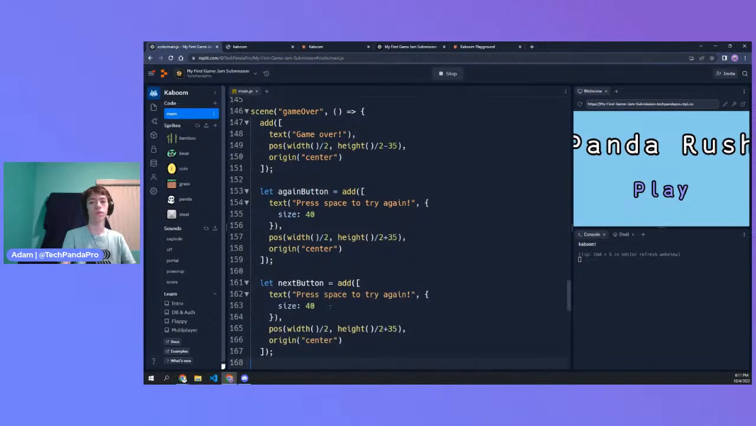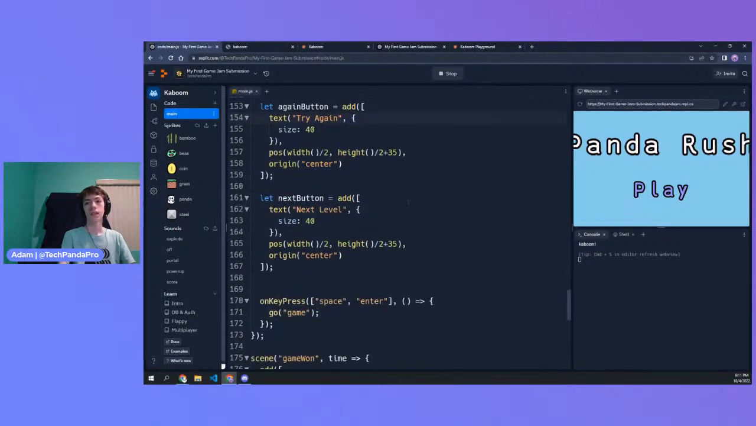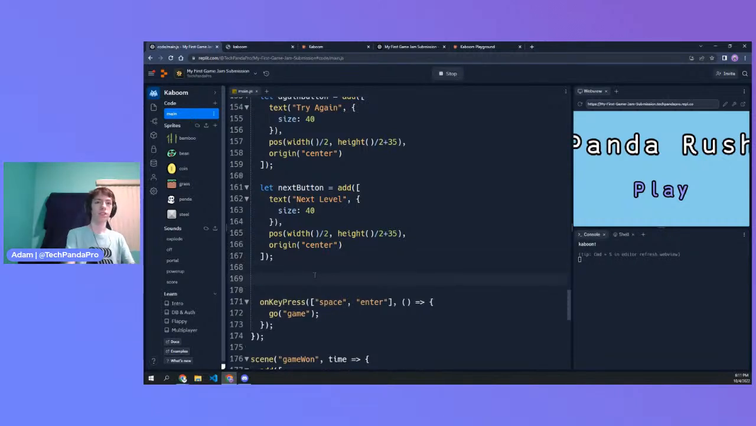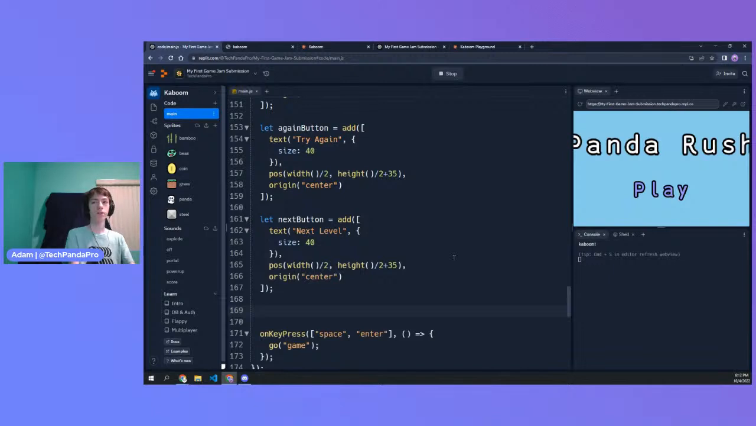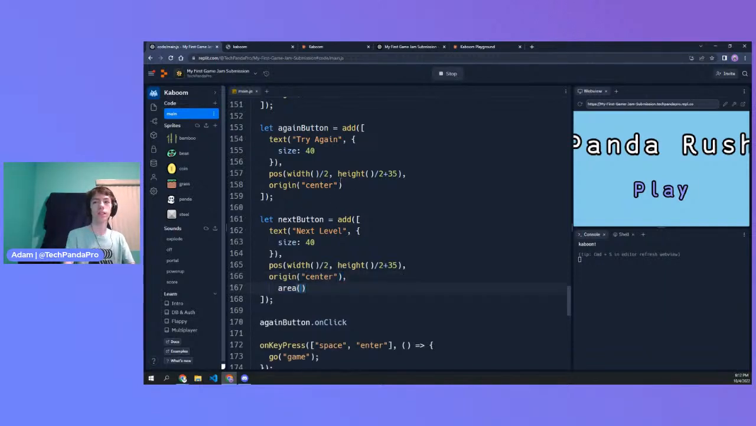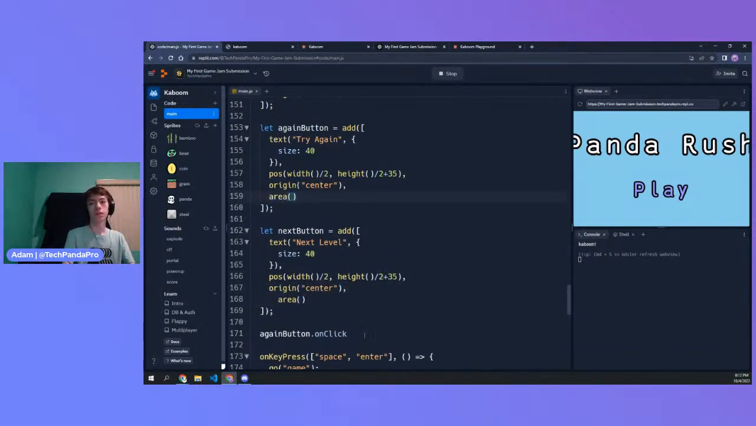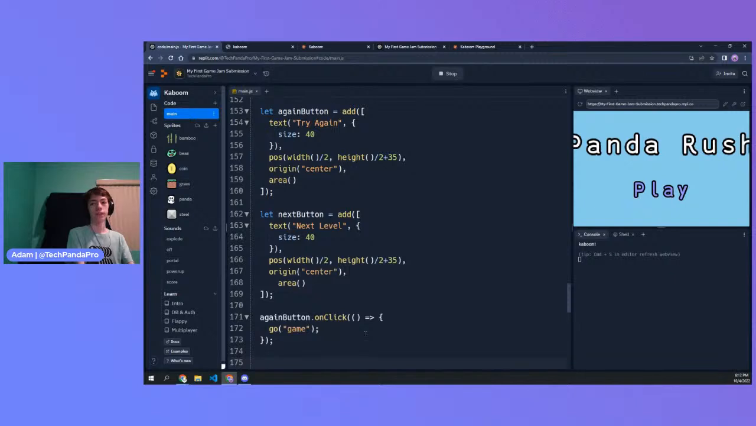We're gonna say next level, try again. And I'm gonna leave that on key press, just because it's easier to be able to use those keys. But I'm also gonna do the again button on click, which means I'm gonna need an area on both of these. And then when you click it, you go to game. If you click the next button,